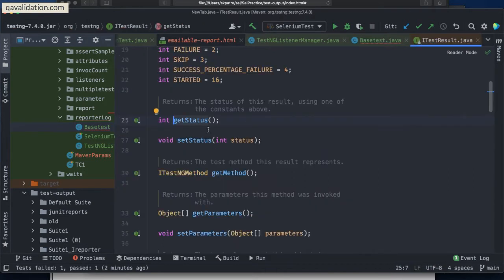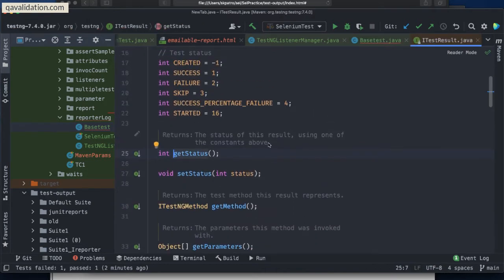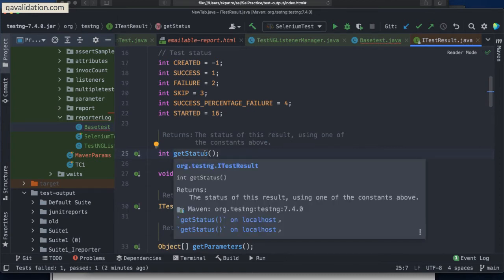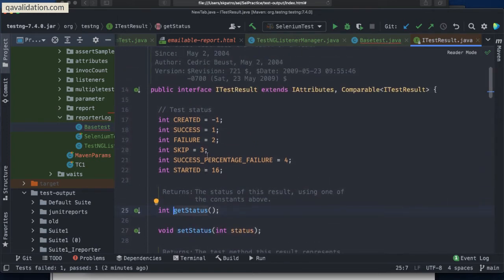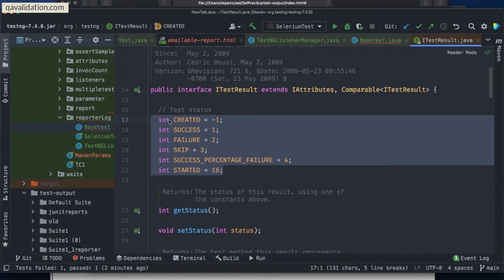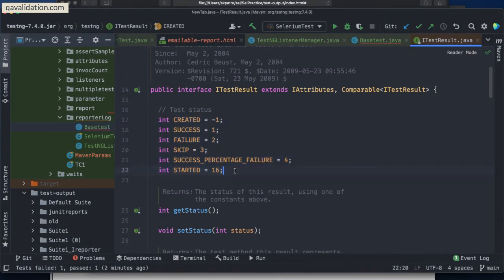Inside this you will see it returns the status of your result, meaning the test case. Whether each test case has failed or passed, you can come to know by using the getStatus method. At runtime you don't know whether the test case will fail or pass, but you have to put an if condition. This is your way to see whether your test case is passing or failing.